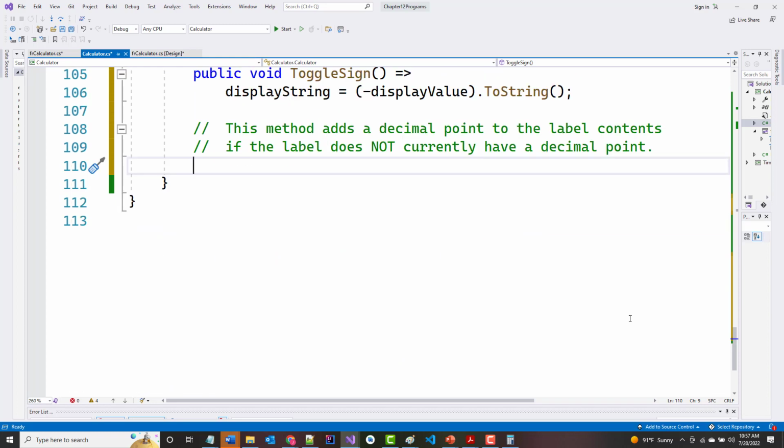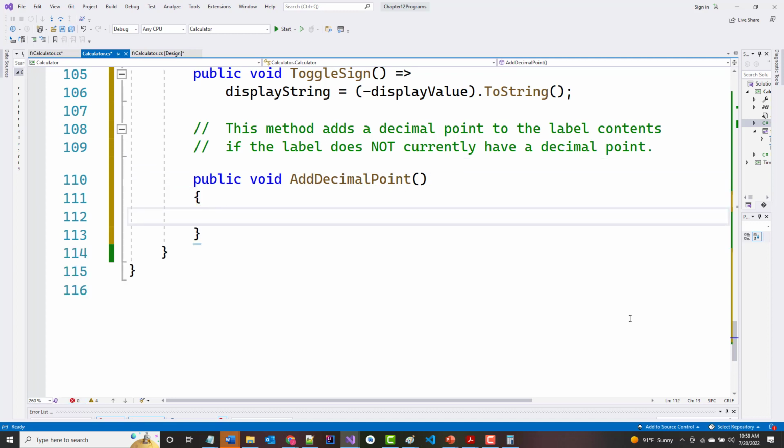All right. So public void add decimal point. So if there is not a decimal point, so if not has decimal point,